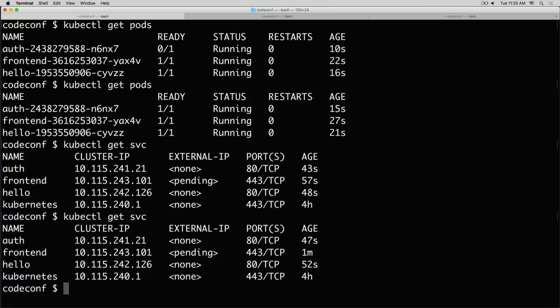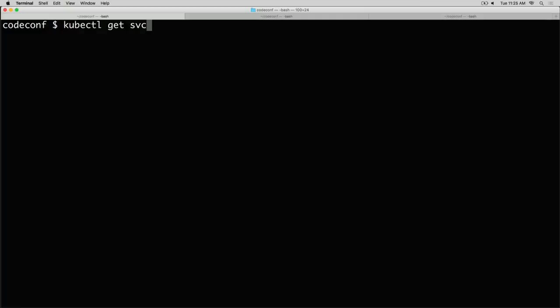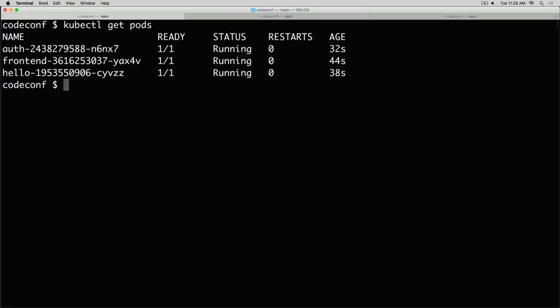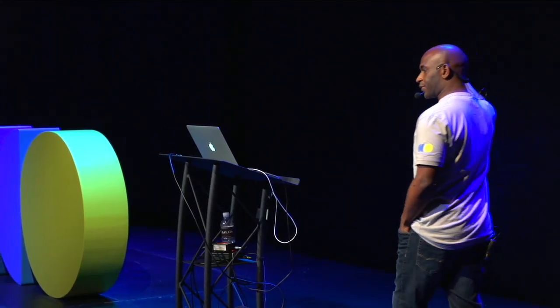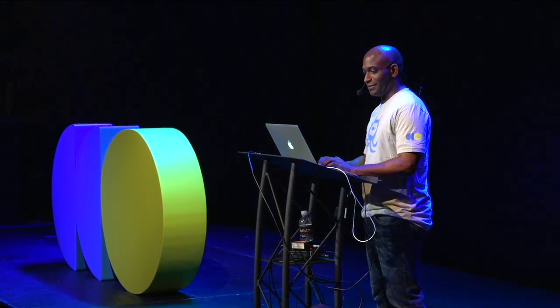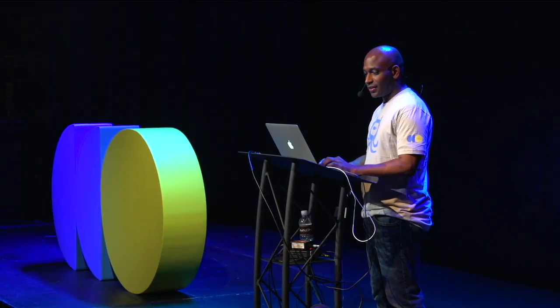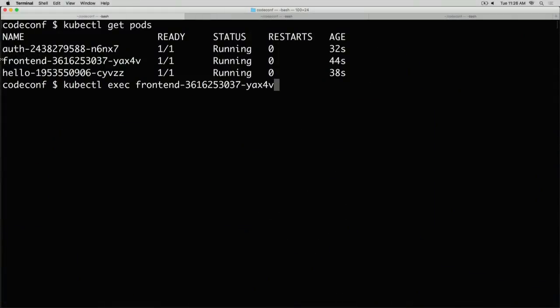Now, one thing you will want to do is if you ever have to troubleshoot these things, let's say Nginx is having issues and you really want to log in. So we don't really care what servers these are running on. Remember, our scheduler is picking the right place to run these particular workloads. But if you really need to, as one must do in production sometimes, you can log into these things. All right, so this is a running container. So we can log into our running Nginx thing. So exec into this thing. Let's get a shell.